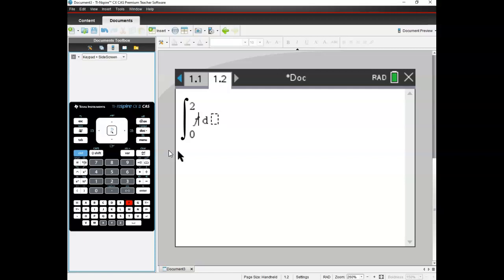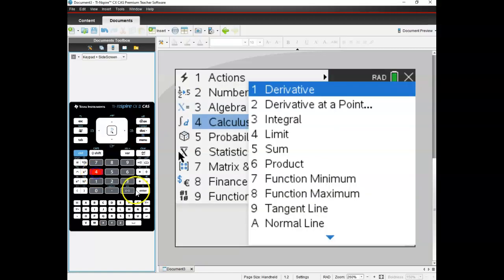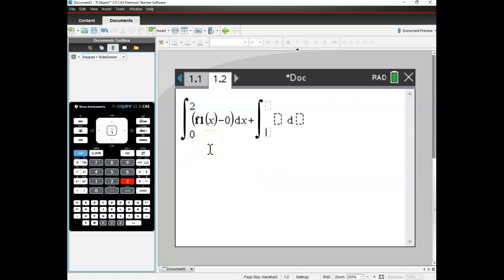And I'm going to take my f1 of x minus 0, and I'm going to do a dx, okay? And I'm going to arrow out of that and then say plus another menu 43, I hope, from 2 to 4 of now I'm going to be taking my square root of x, and I'm going to subtract x minus 2. Oh, why am I doing that? I'm not doing that. I'm taking my